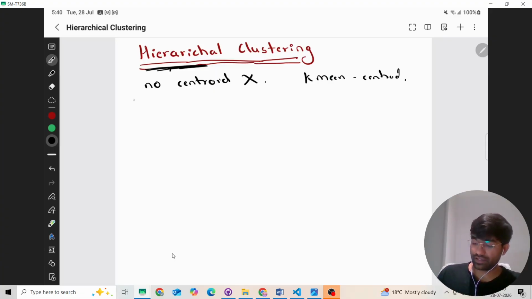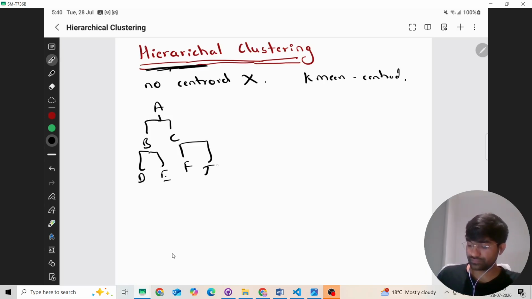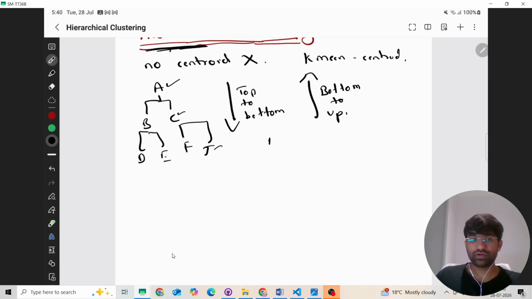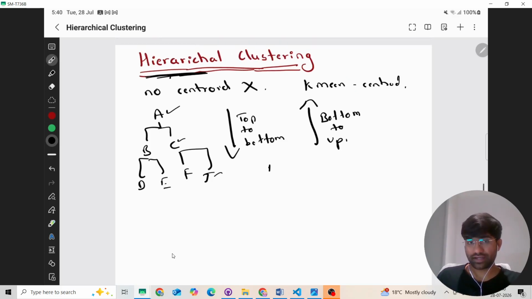What is the hierarchy? Hierarchy should be like A, B, and C, X, D, E, consider F, J. So this has some hierarchy, right? Like great grandfather, grandfather, then children. This has hierarchy. Or in this way, it is also a hierarchy from top to bottom, or the opposite way, bottom to up. So we have hierarchy. So hierarchical clustering uses this top to bottom or bottom to up approach for clustering to